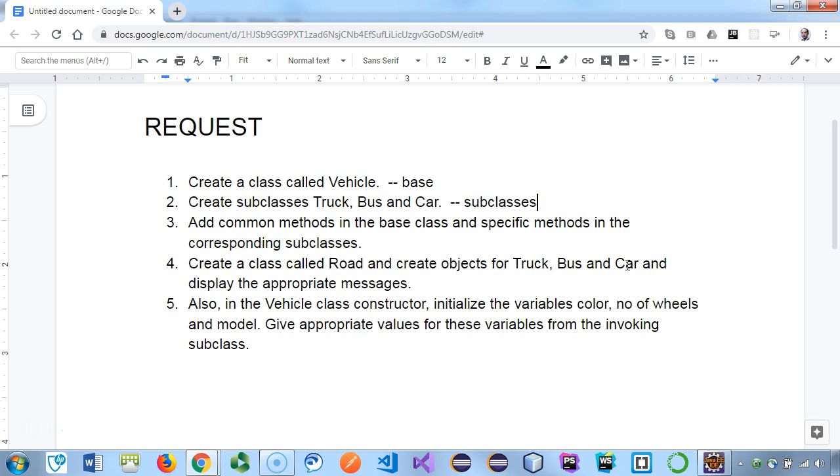And then create another class called road, and you're going to instantiate three objects: one for truck, one for bus, one for car, and display appropriate messages. I'm not sure what this means. It could be just anything, but I'm hoping that if you read number 5, it asks you to create a